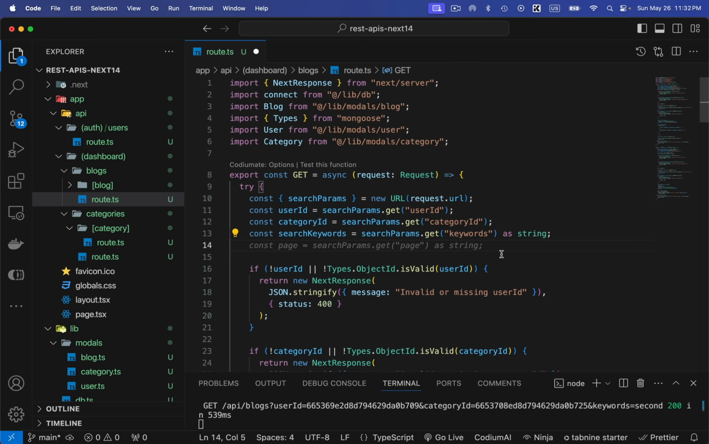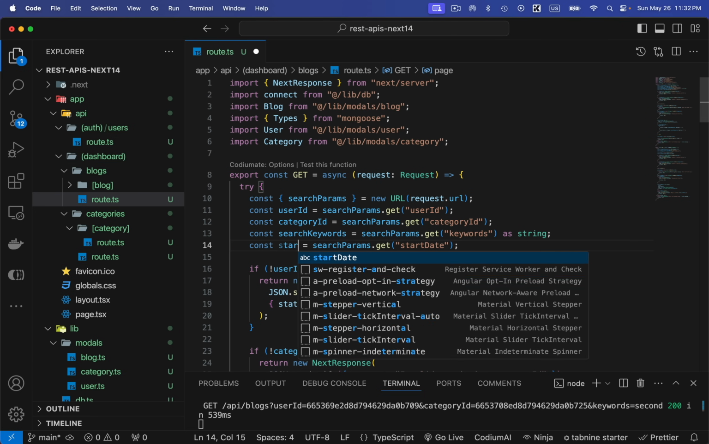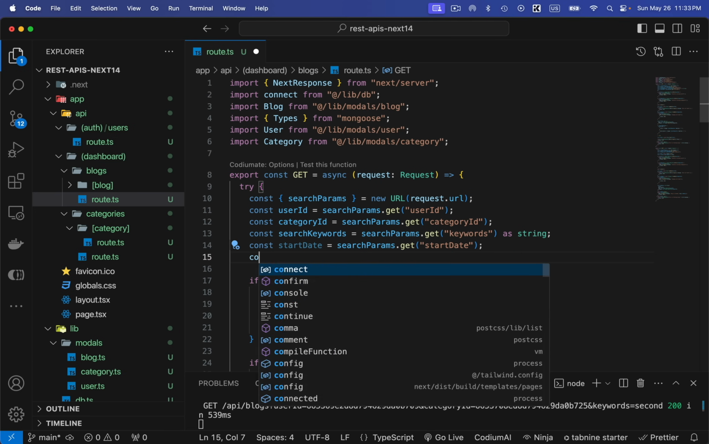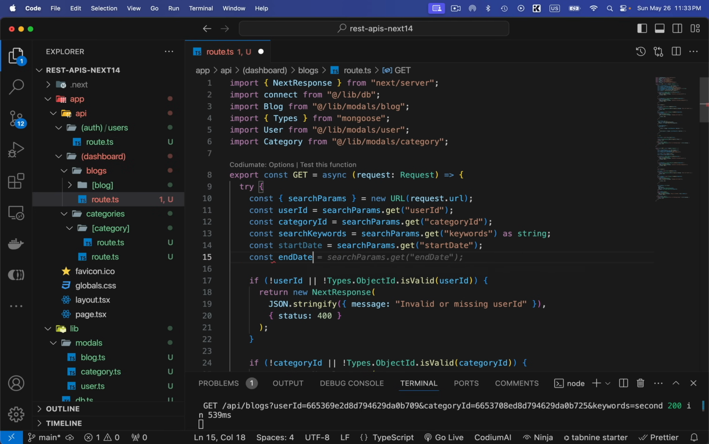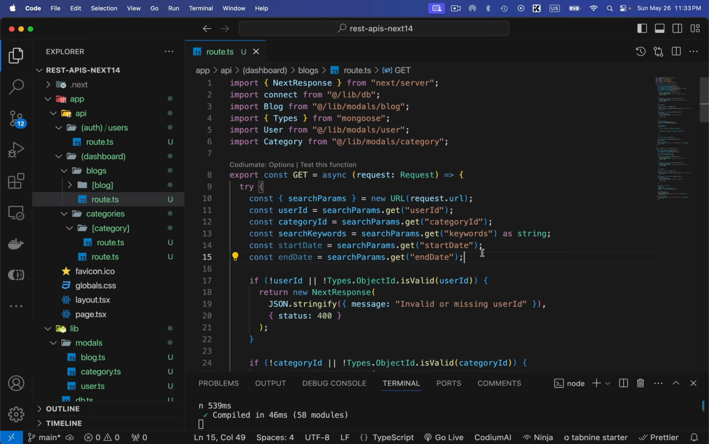We are going to get this thing. Let's remove it. It's not always required. So now searchParams.get start date, and then startDate, and then const endDate, and then endDate. Okay, so now if we have a calendar on the front end and we want to